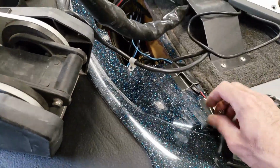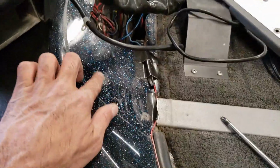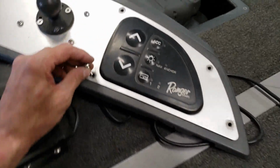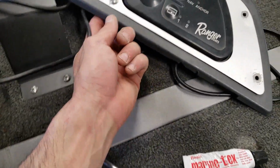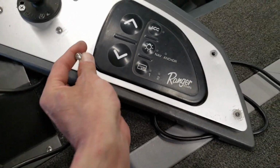Bam! Just like that, people. That's what you got to do. Give her a try. So that's the easy fix. And now I got nice small screws that fit in the panel. So those hideous big ones, you can tell they're big because look at the marks around the smaller screw now. And the screws that were in it